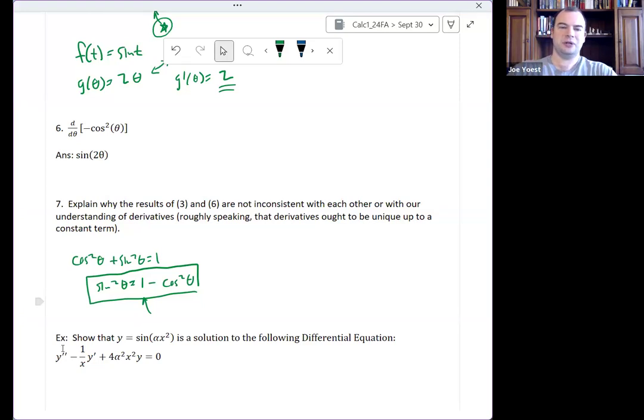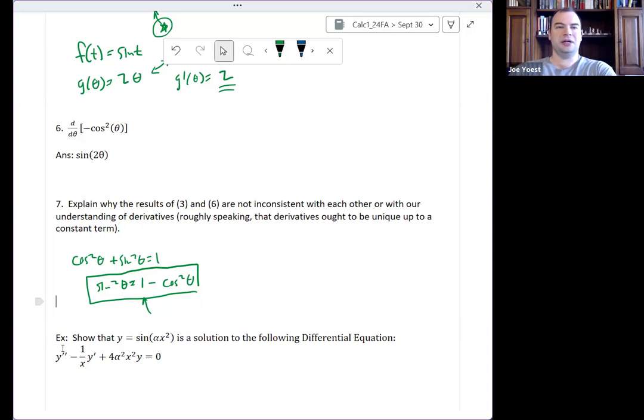As a side note, one of the sometimes positive and sometimes negative things about trig functions is there are so many identities and so many ways to rearrange and rewrite things. Sometimes you work through a problem in the textbook that has a trig function in it and you get an answer, and then you look in the back of the book and there's what seems to be a completely wrong answer, or it seems to suggest that your answer is wrong, but maybe they're actually the same. If you get 2 sine theta and the book got 1 sine theta, that's probably wrong. But if you have a big trig expression here and a big trig expression there and they don't look quite right,